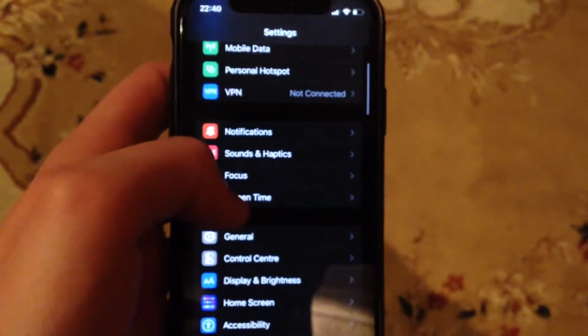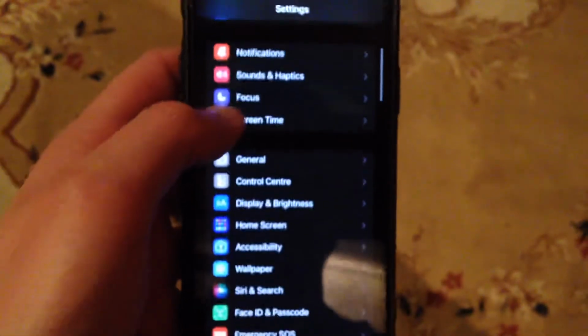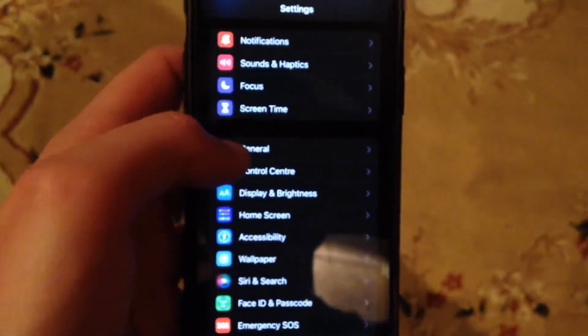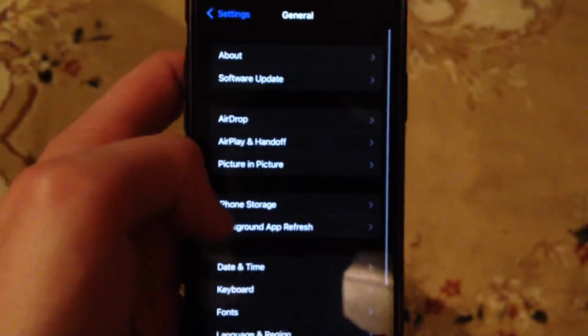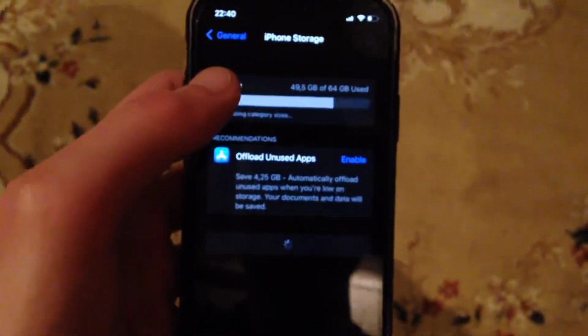So if you still have the error, just check the free space on your iPhone. Just go to General. In General, open iPhone Storage and check if you have enough free space for saving your AirDrop